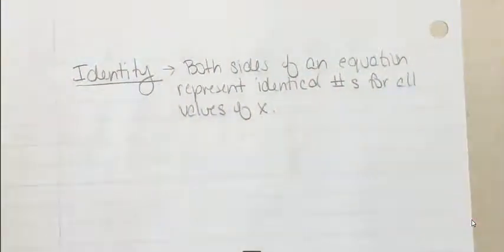Basically, an identity is a true equation. Now, to prove that a trig equation is an identity,